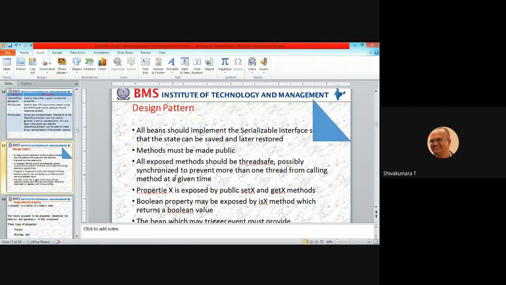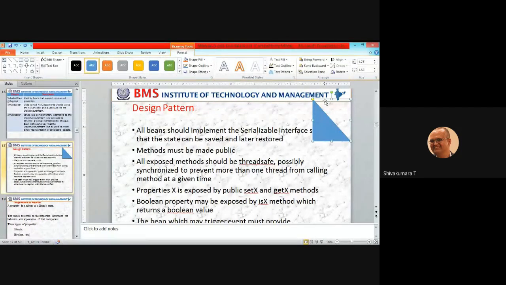Then property X is exposed by public setX and getX methods. For example, what are the properties of this triangle? The size property, increasing the size, right? Width property, height property, color property, right? All these are properties of that shape, the triangle.